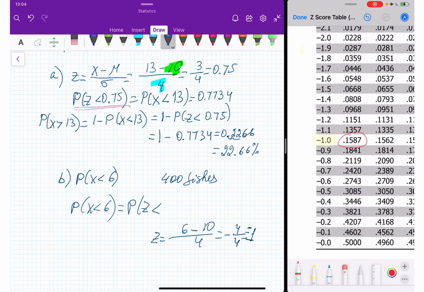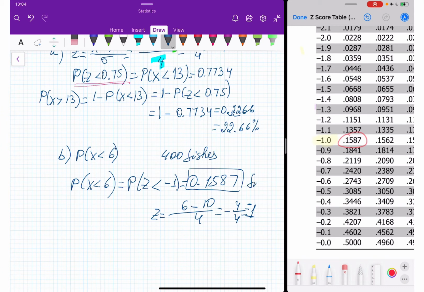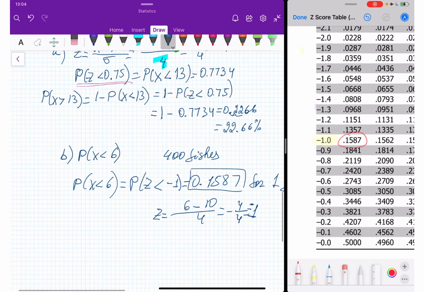So here, less than negative 1, and this is equal to 0.1587, and this is our answer. For one fish, actually, for one fish. But we have 400 fishes